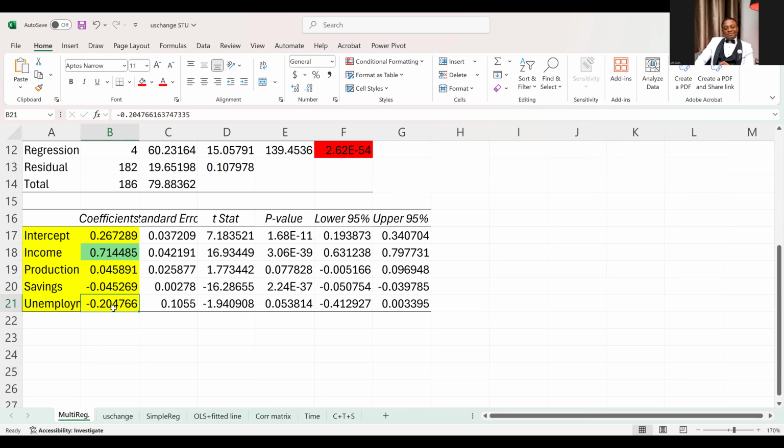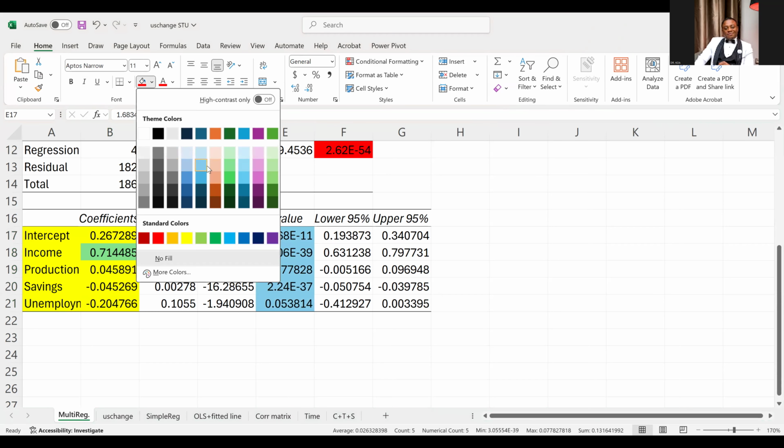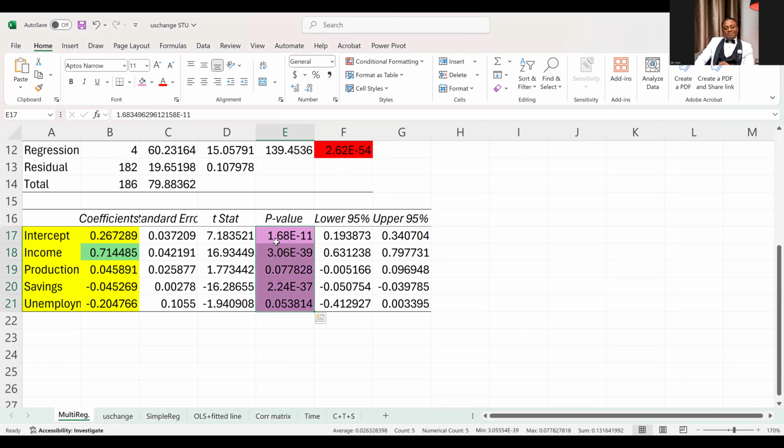That's what it means. And this is true. When unemployment is going so high, consumption that would have normally gone up will go down because people don't have enough disposable income to be able to make some magic activities. So unemployment will be negatively correlated with consumption. The question is, is that significant? If you want to check whether any of these variables are significant in influencing the dependent variable, always check this section known as the p-value,